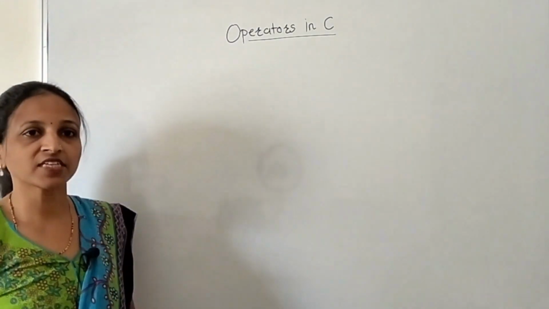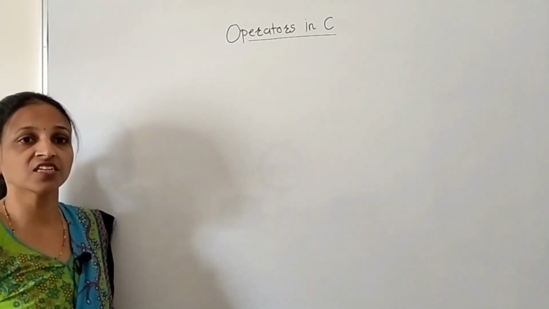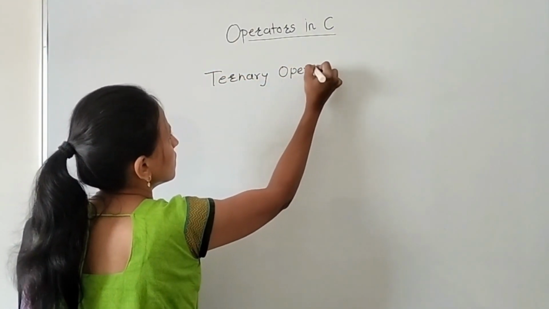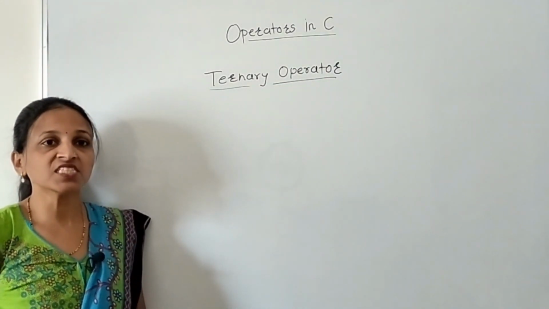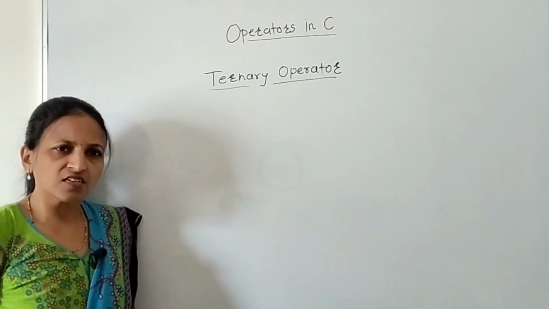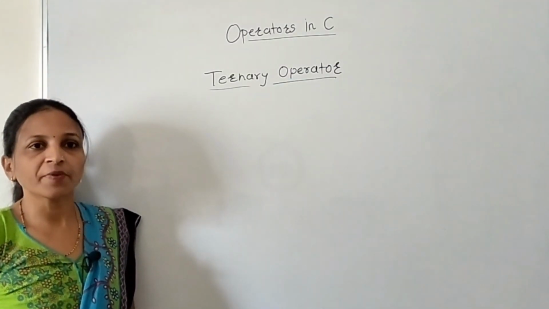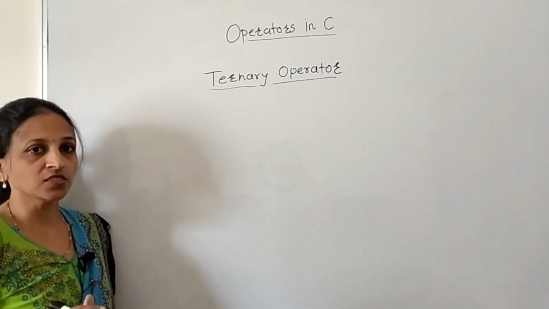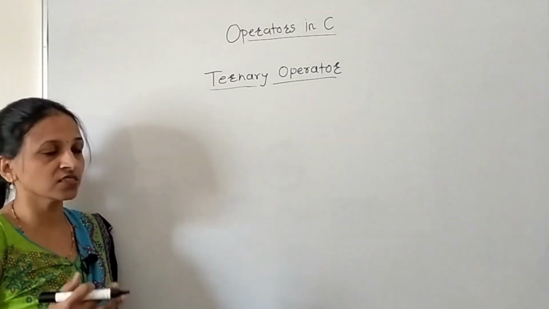See, I'm going to explain the next category of operators, that is the ternary operator. What is the meaning of this ternary operator? Ternary means this operator will take 3 operands for the operation. Okay, now see, only C is providing, only programming languages are providing this type of operator, that